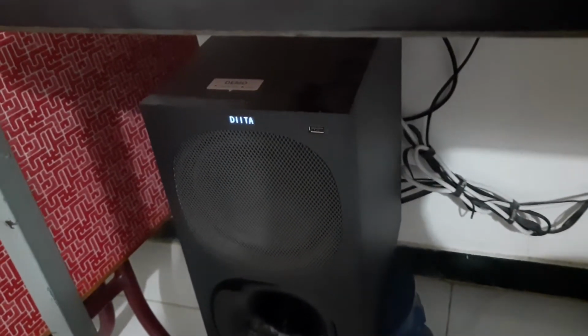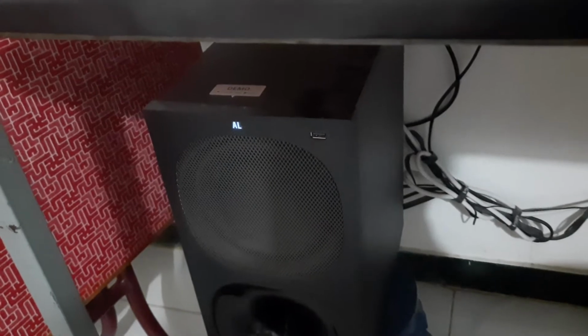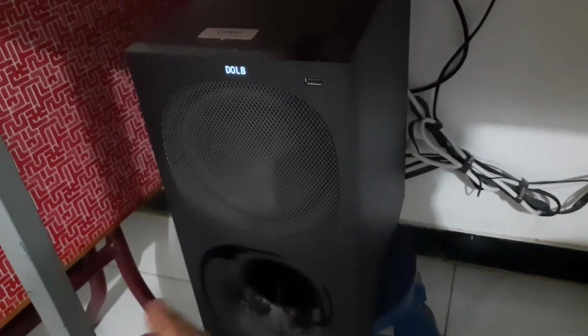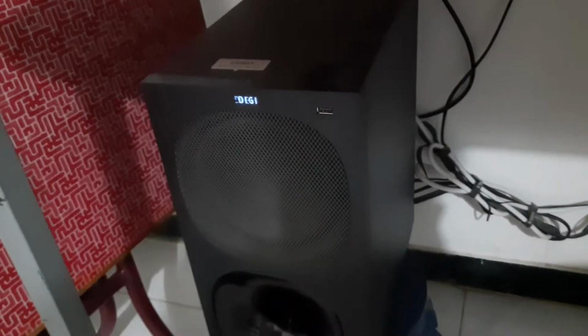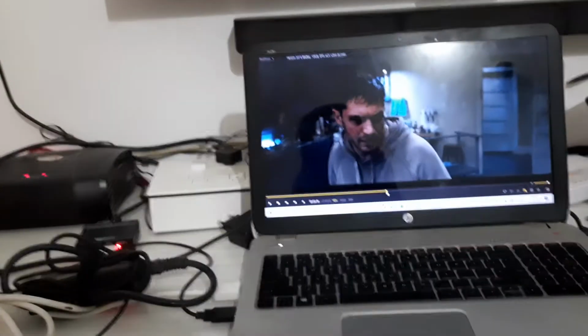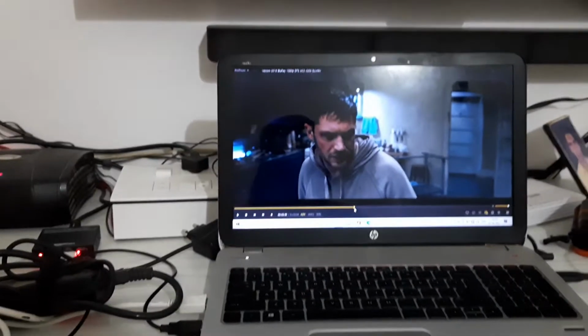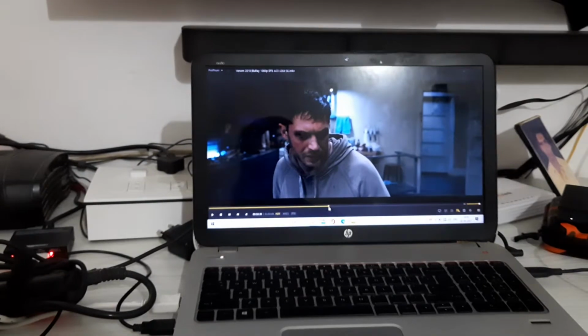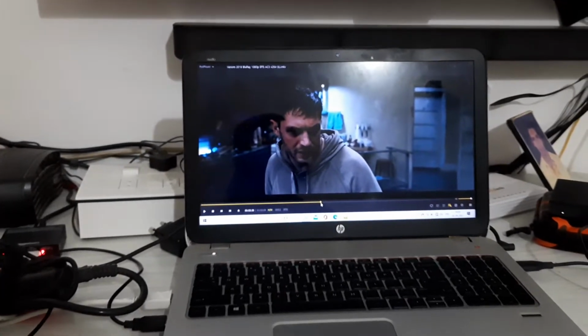I don't get signals from HDMI to the soundbar. I will get the input signal through the optical cable. So for that, select the TV option inside the subwoofer. After that, I showed you how to get Dolby True HD to Dolby Digital Plus. In this video, I will show you how to get DTS to Dolby Digital.